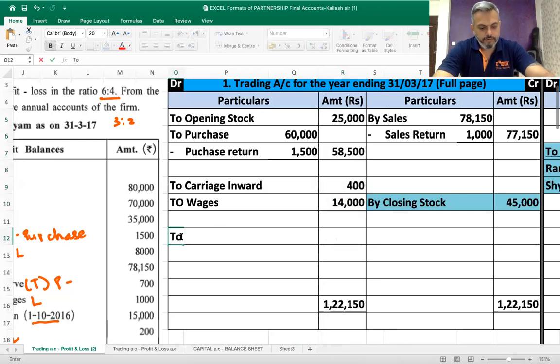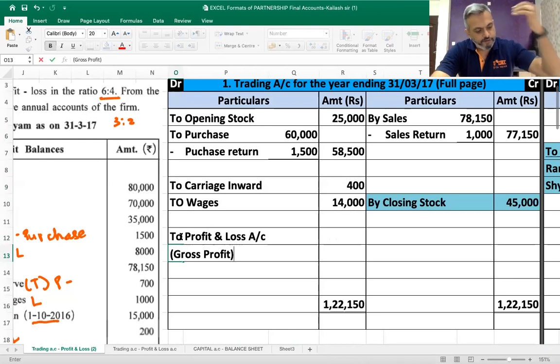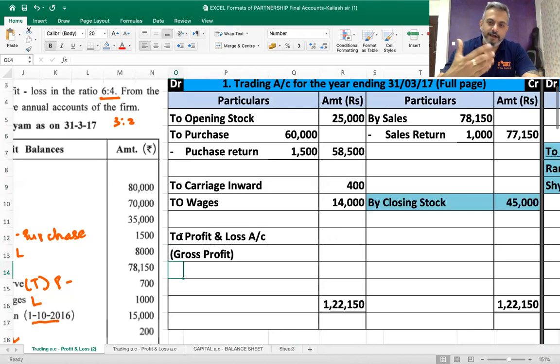So to profit and loss account, in the bracket you can write gross profit. You can also write to gross profit. Okay, that's not wrong. We have been doing this in 11th, but in the 12th standard textbook it is written to profit and loss, and then in the bracket gross profit, as if we are doing posting of a journal entry. We are passing an entry, trading account debit to profit and loss account credit. Anyways,